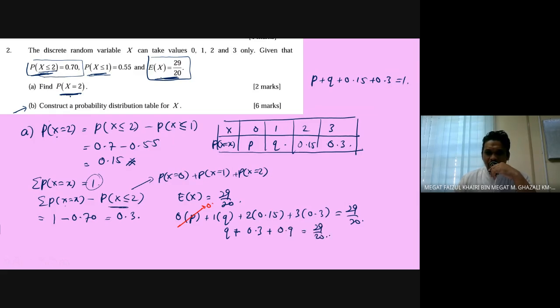Okay, 29 over 20. So Q equal to 29 over 20 minus 0.3 minus 0.9 equal to,